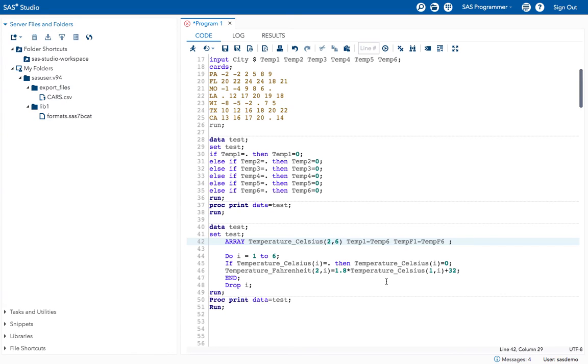dimensional arrays. Now I have taken do I equal to 1 to 6, and everything remains the same. Temperature 2 comma I times 1.8, and here I have given temperature Celsius 1 comma I, because this Celsius is from the first variable name and this Fahrenheit is from the second variable name.